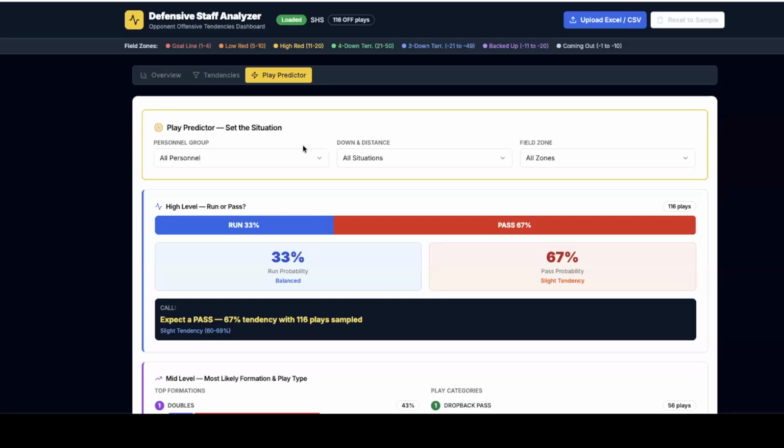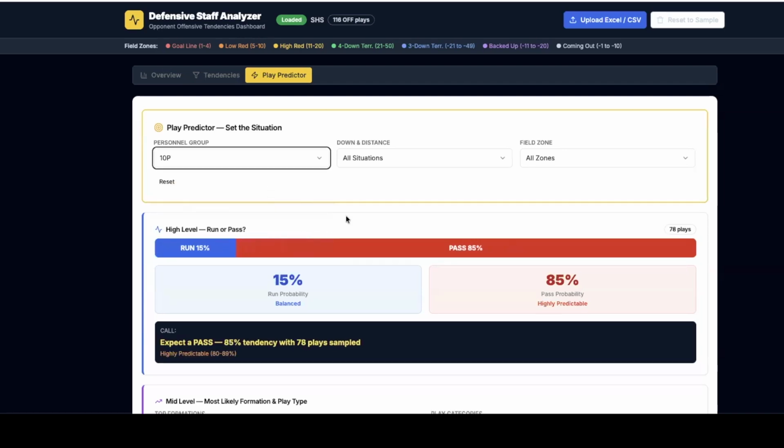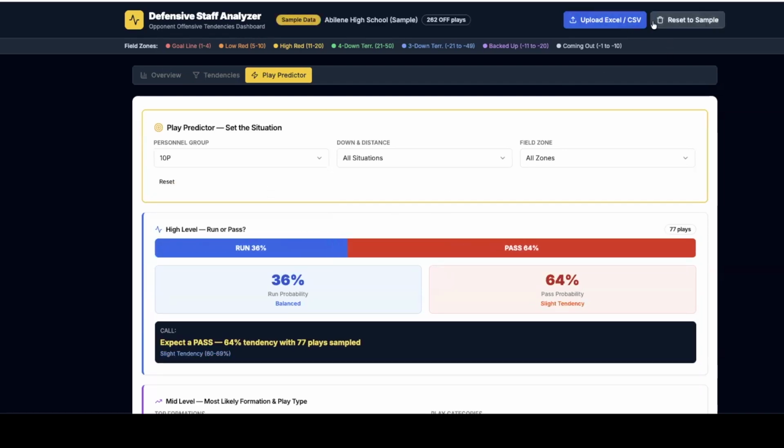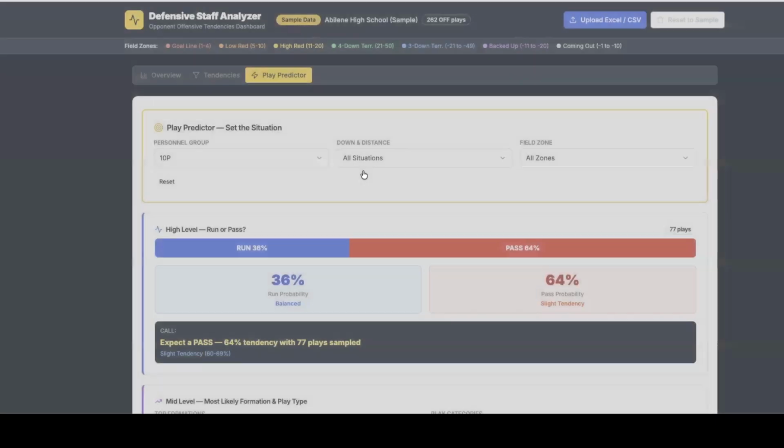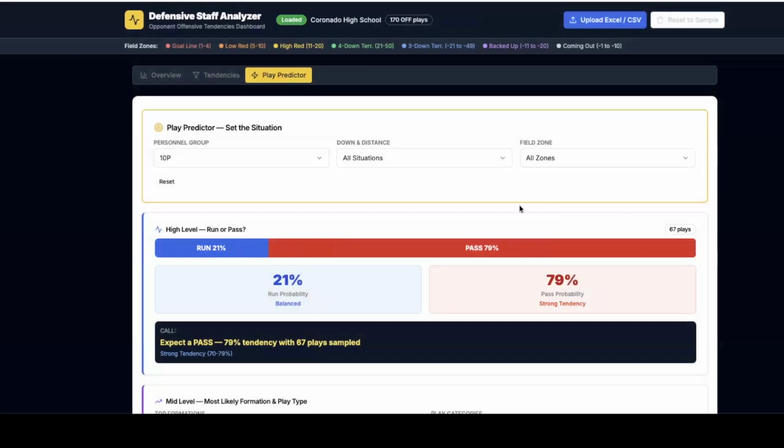All right. Here's a Magica dashboard. Hey, this team only used 3 personnel groups, but I want to show you this. Once you build your dashboard, okay, well, I want to upload some new data. I want to look at a different team. All right. Who do I want to look at? Well, let me get down here and let me pull up one of these teams that I have up here. All right. So let's go with this one. I don't even know what the data is going to look like, but here we go.